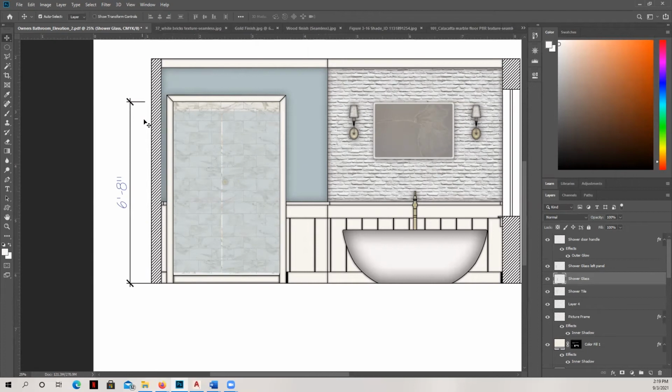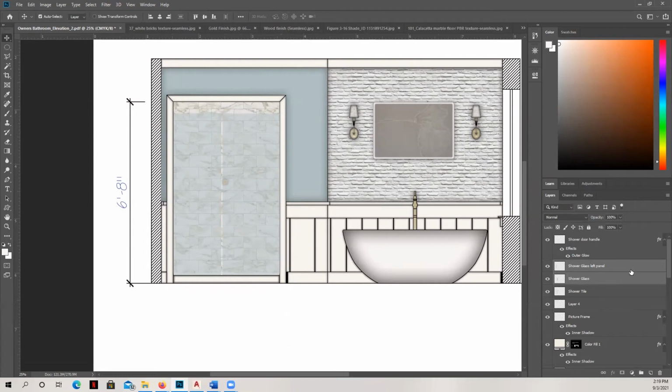Now, I can also add a frame, although this would probably be a frameless glass shower with a project like this, but I might even go a little bit farther and have some gold clips here or something if I really wanted to make it look realistic. I'm going to move them down just a little bit. Okay.